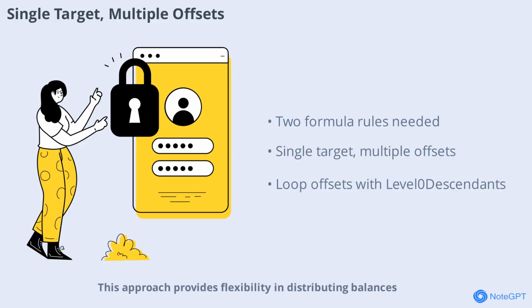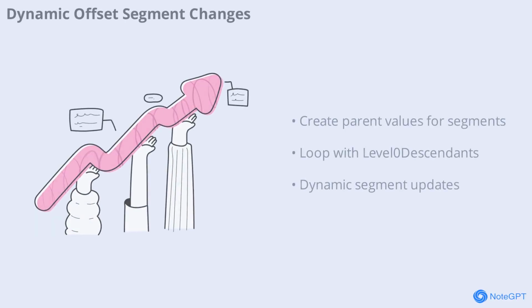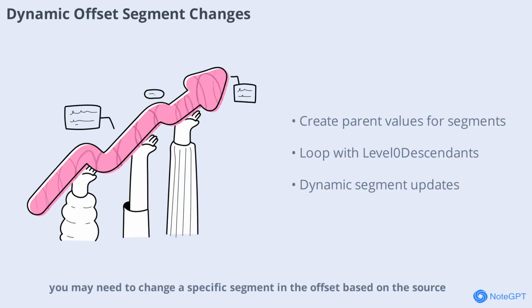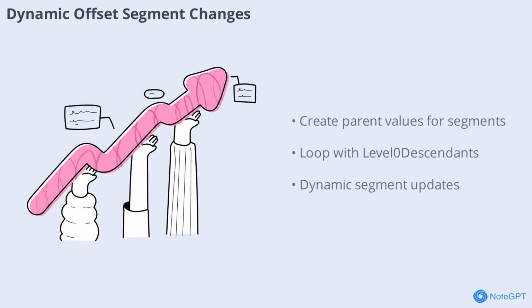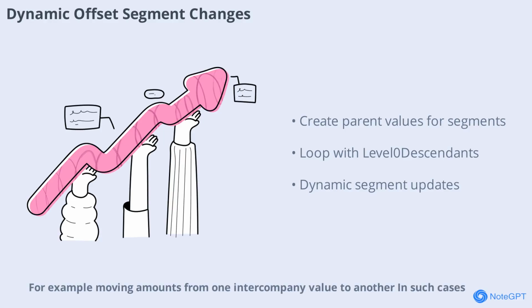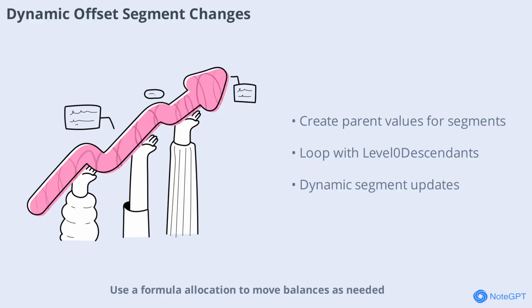This approach provides flexibility in distributing balances across multiple offsets while maintaining a consolidated target. Sometimes, you may need to change a specific segment in the offset based on the source. For example, moving amounts from one intercompany value to another. In such cases, create parent values for the relevant segments and use level 0 descendants to loop through them. Use a formula allocation to move balances as needed, ensuring that the offset and target segments are updated dynamically according